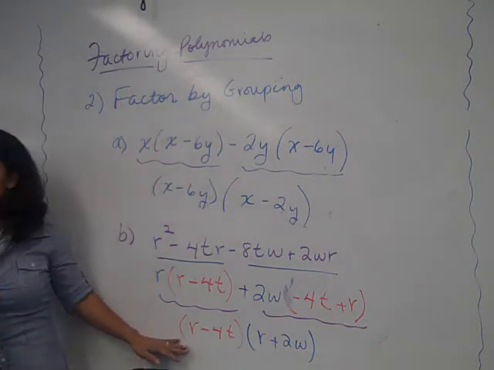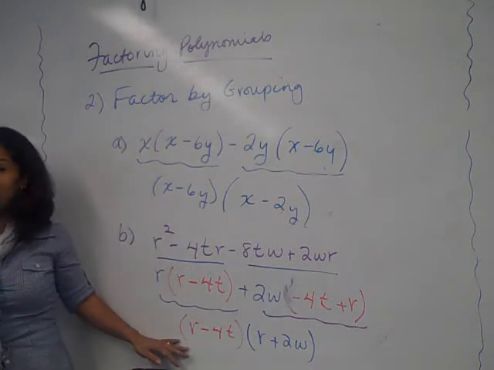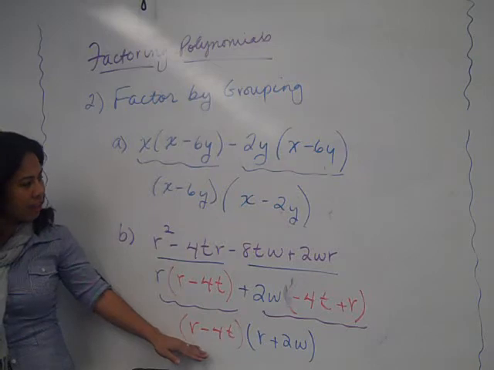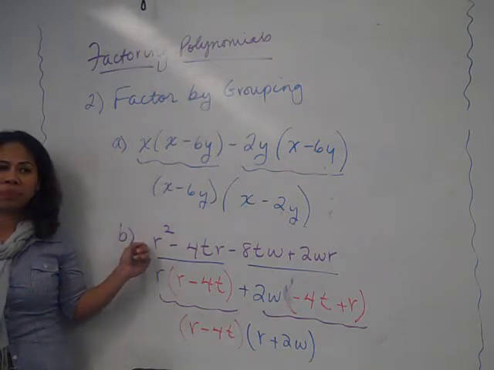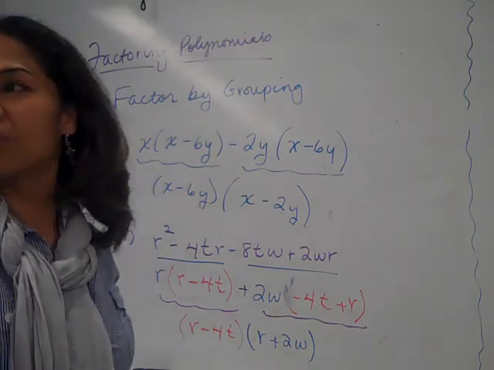How do I know my work is correct? Foil it out. That's what we did in chapter 5. Multiplication, multiplication. We foil it out and it will give you the purple one. Okay? How is it? Okay, so that is chapter